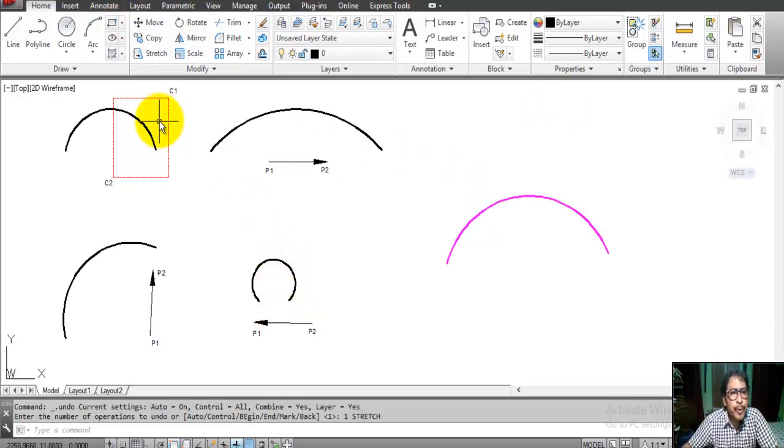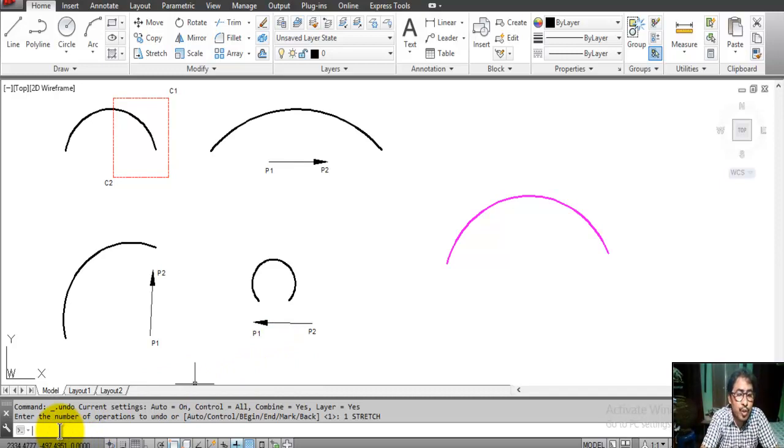Okay, now if we select this curve in this way and move it in this way, this is the base point.